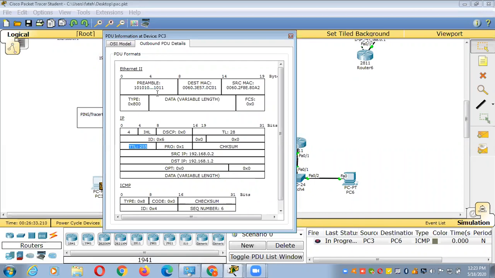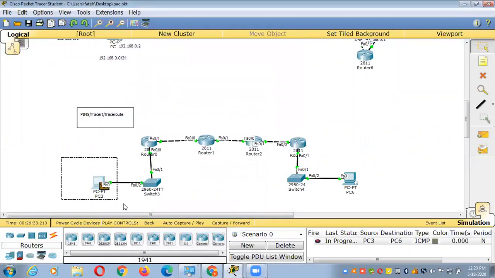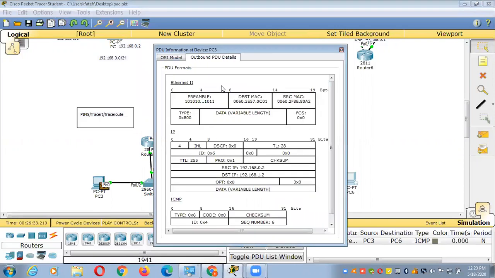But how will this TTL prevent the loop? When you are sending the traffic from this computer to that computer, this TTL will be here. This is called time to live. Currently, the time to live is 255.